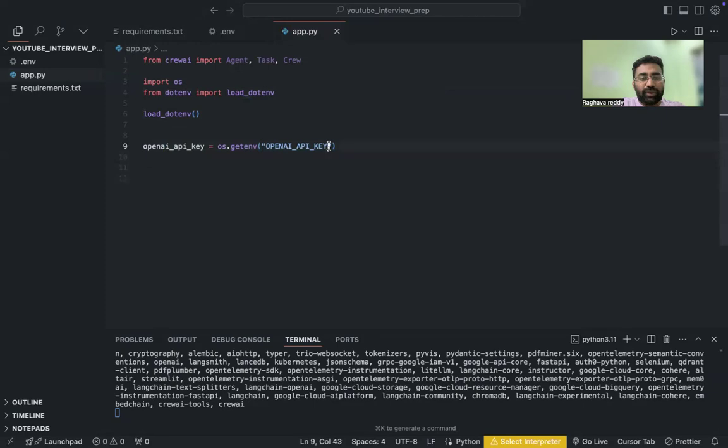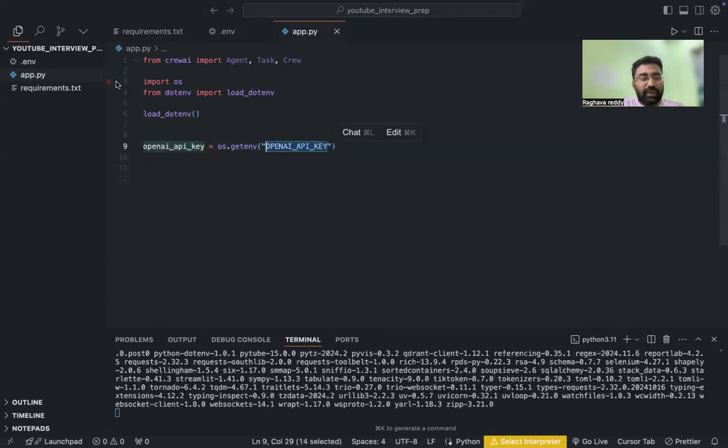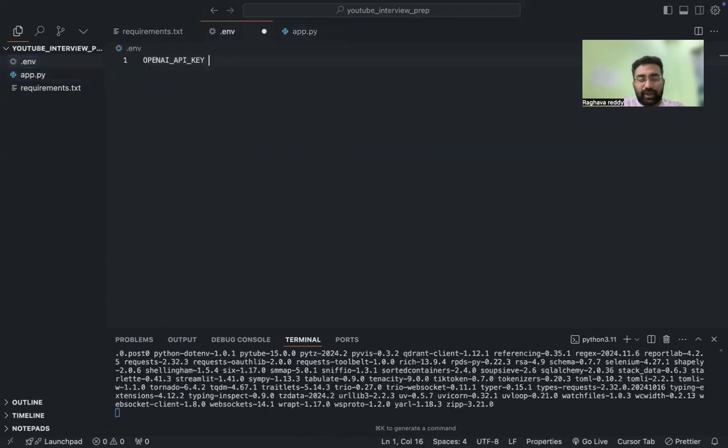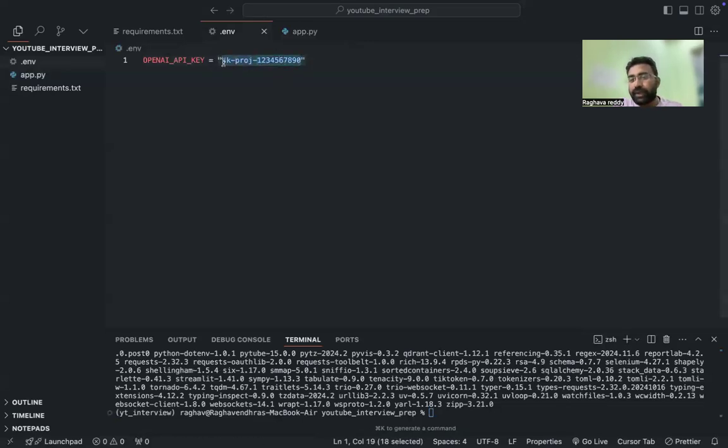So for that, first you have to define your OpenAI key over here. Just go to .env and load it. The OpenAI key would look something like this, but this is not the original key. It will be much bigger. You have to update your own key over here, right? So now interview